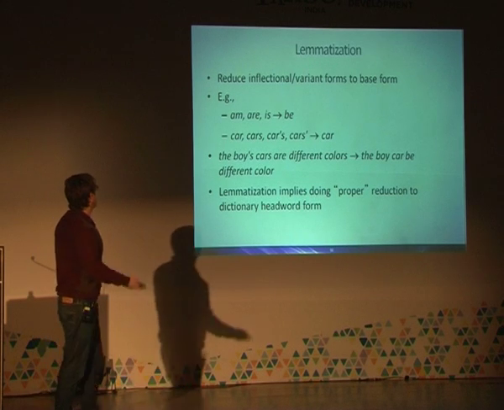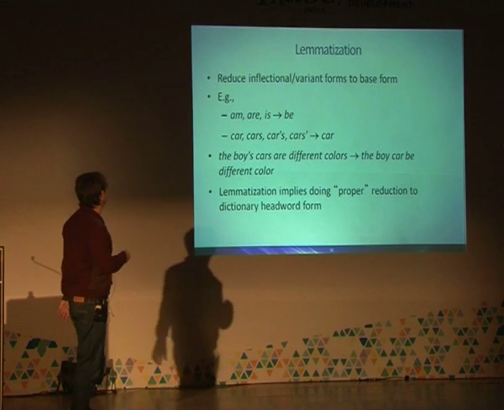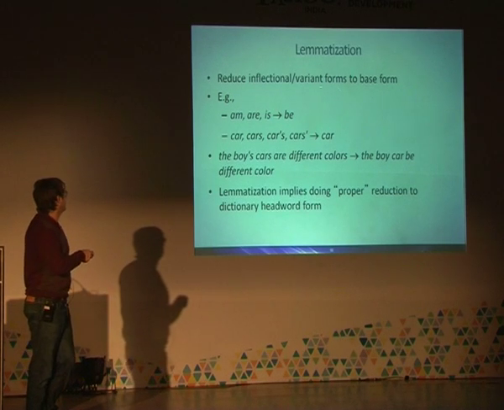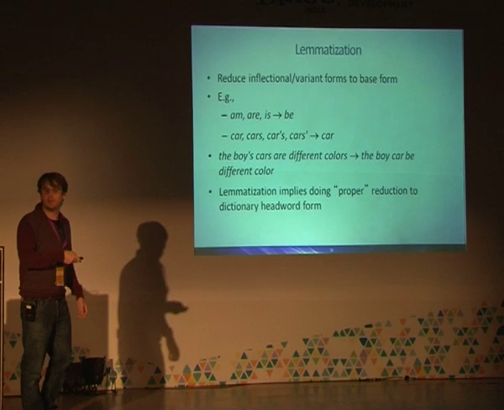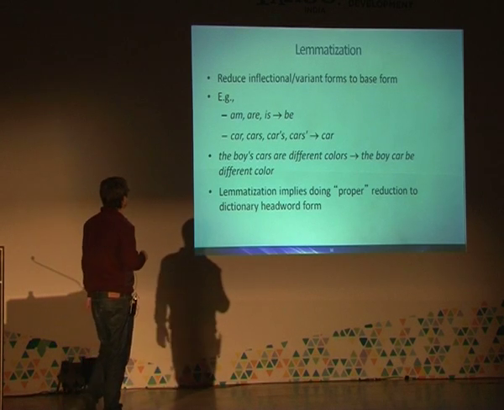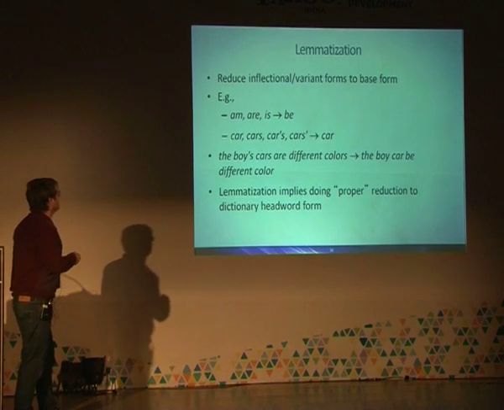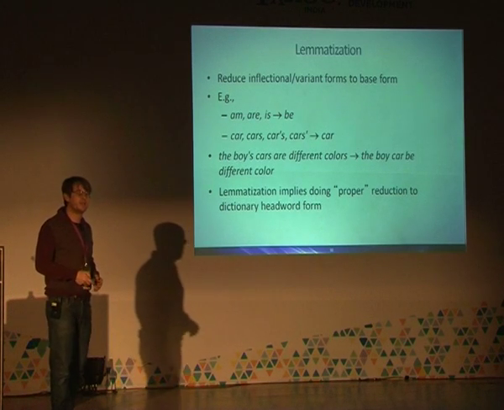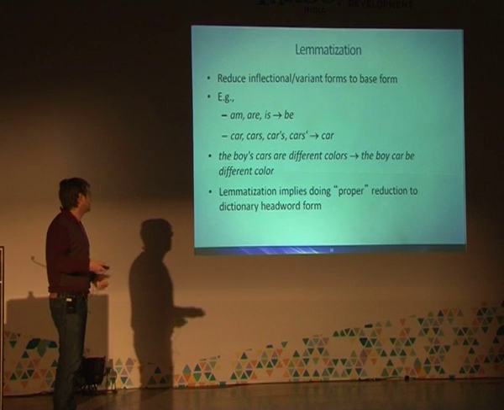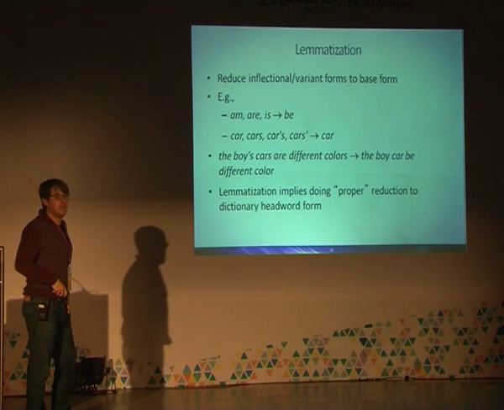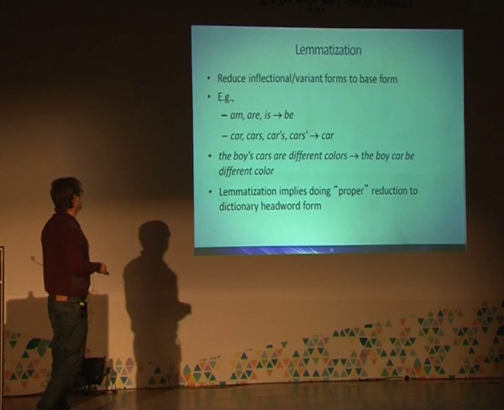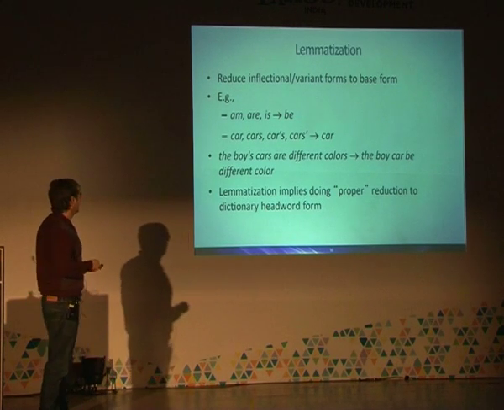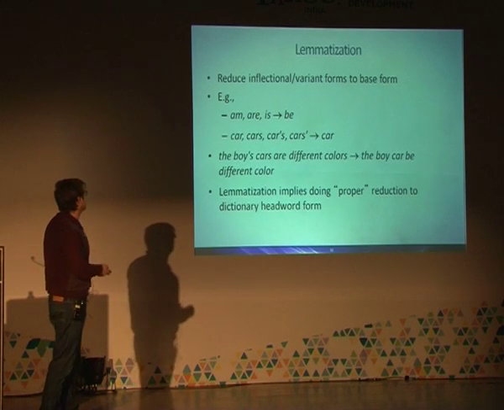Anyway, more lemmatization. So instead of indexing am, are, and is, you index be, the head word form. So you have these classes, right? Lemmatization is a proper natural language processing technique, and it can be very expensive to run, but still you can think of doing this if you don't want to bother with stemming, which is what we're going to see now.